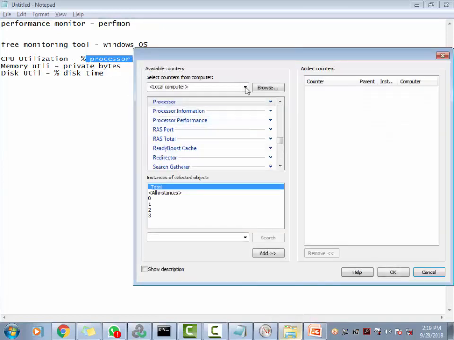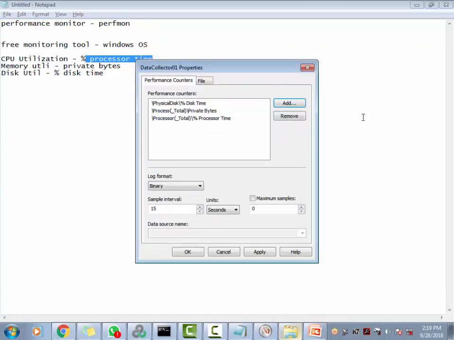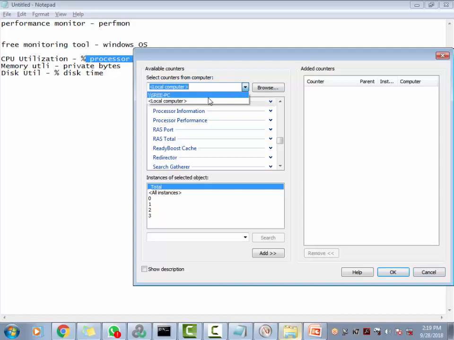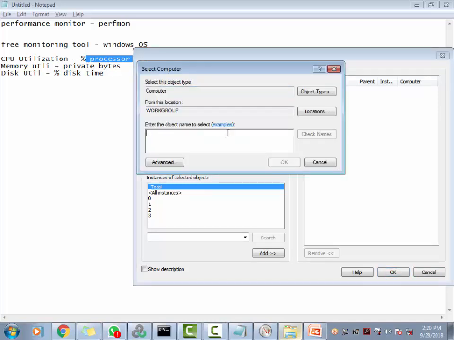If it has to be something else, let's say the server is somewhere else and you want to add the counters for that, you click on add, and typically, if it was a real-time setup, all the servers will show up over here. If not, just click on browse here, and enter the server name you want to monitor. Every server will have a server name or an IP address. Just enter the server name or the machine name, and click on OK. As soon as you enter the machine name, this will be enabled. Let's say there's a machine called